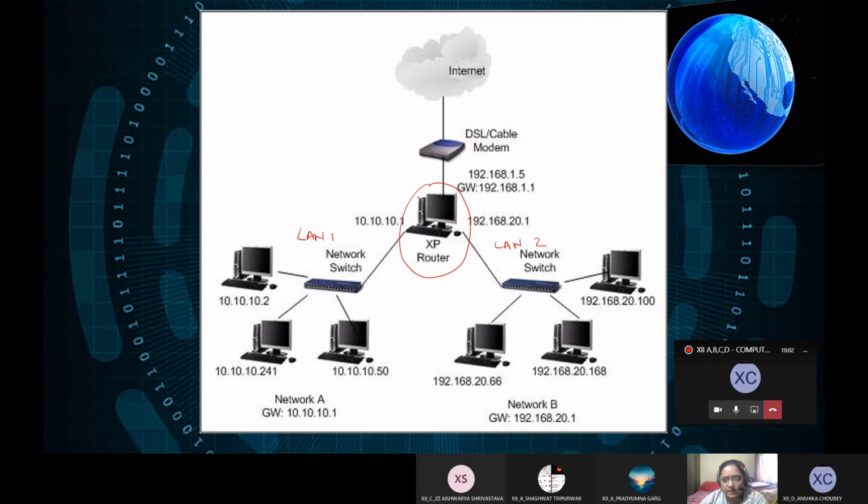Now, this is not needed in the modern setting because our modem is a device which performs the functions of a modem also, as well as a router. Okay, it performs the functions. Actually the modem is your LAN card which converts digital signals into analog signals, right? The task of modem is only that, and basically the task of this device is that of a router. Okay,